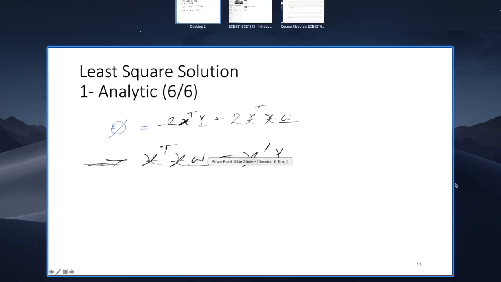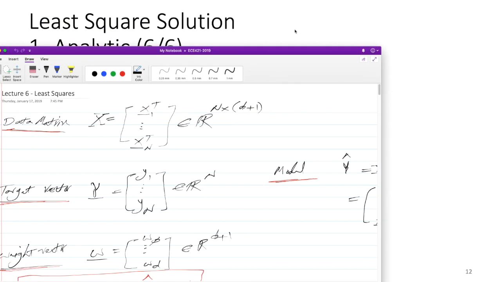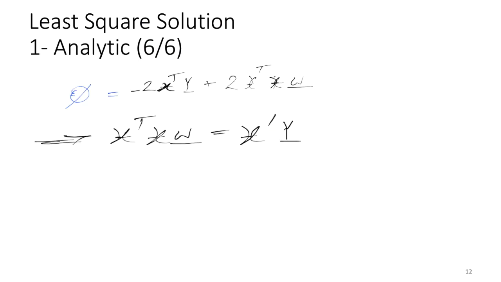Let me double check if this is correct. Yeah, so this one was the transpose. So you're going to have X transpose XW equal to X transpose Y,